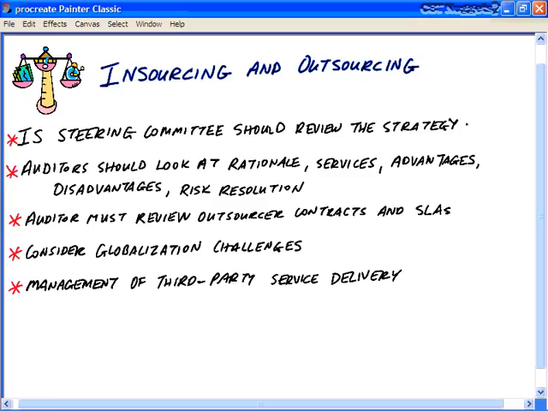As an auditor, you should realize that this insourcing and outsourcing strategy should be part of the IS steering committee's responsibilities. They're the ones that should review the strategy. They need to define what IS functions are going to be outsourced, if any. They're going to look at the service level agreements that are necessary, kind of the minimum requirements